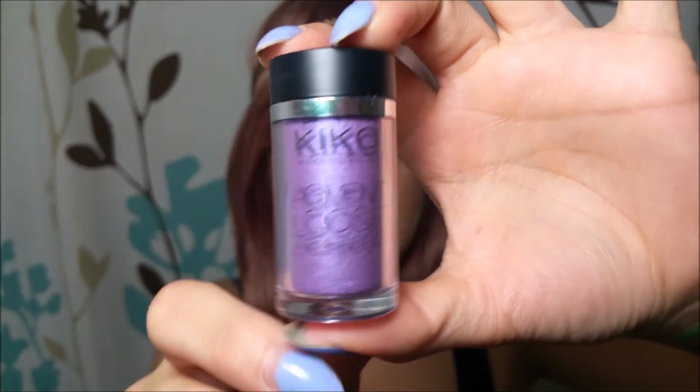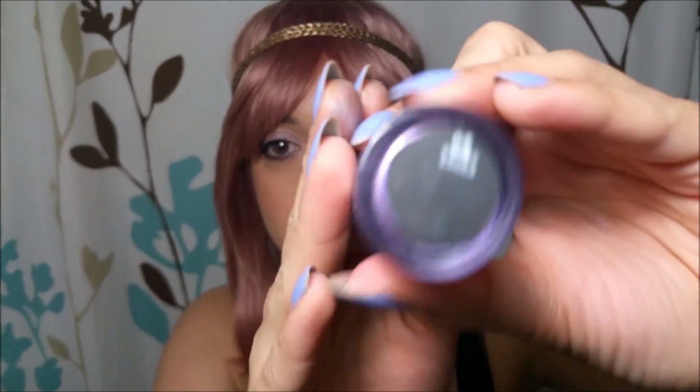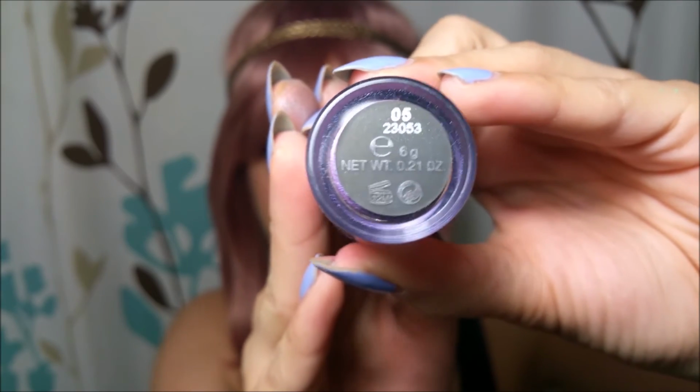Okay, and last but not least, I picked up a pigment. I don't really own any pigments, just because I have a horrible, terrible time with them because I'm just messy. Pigments are not for everybody, but I do make a mess. But I enjoy them. You know, they're beautiful. But this is the packaging for the pigments. It comes with 6 grams, so 0.21 ounces. And here's that. And since this is in the color 05, now when you open it,